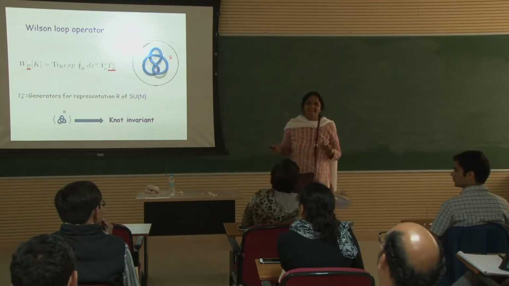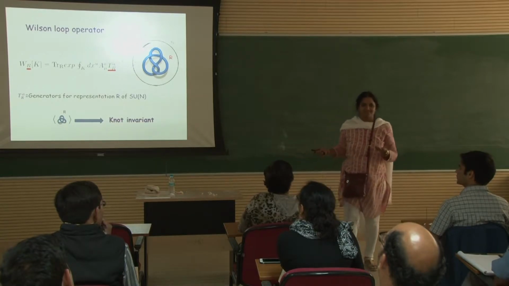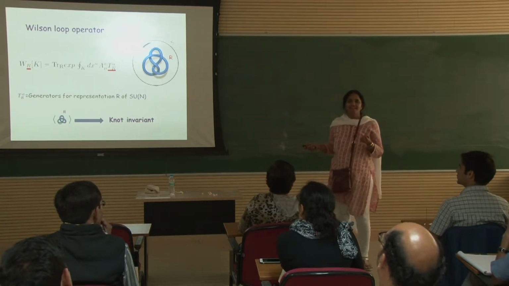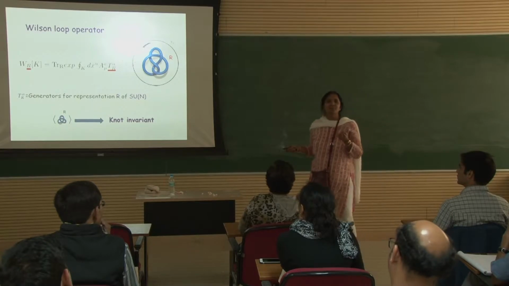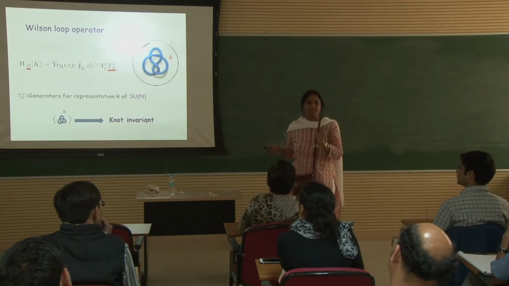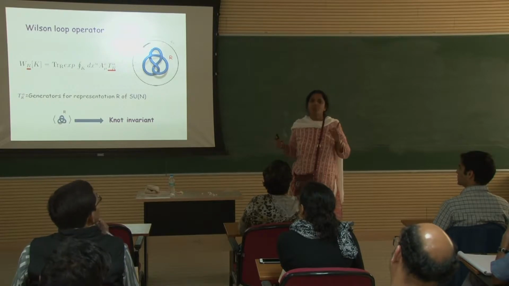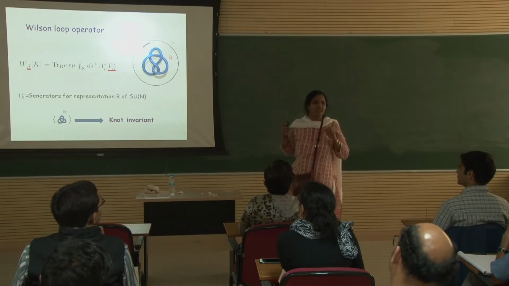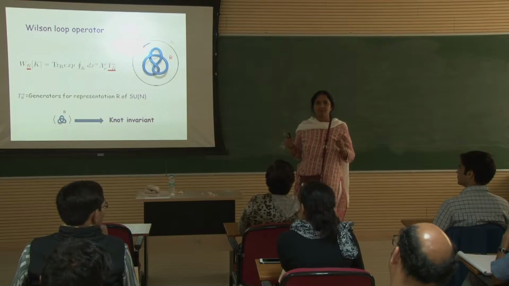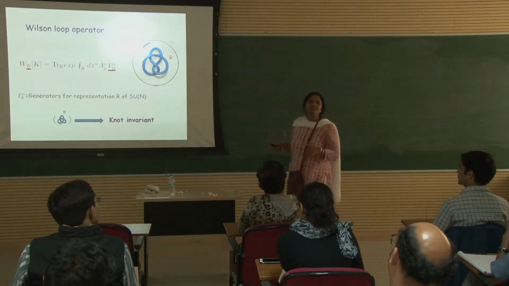more thing. This ocean also tells you that you can attempt classification, right, in the sense that I should be able to show that there is a 1-to-1 onto map between a set of knots and set of these invariants. They should be 1-to-1 and onto. That has not been achieved so far. Okay, at least there is a class of knots, at least I have not been able to achieve within Chern-Simons